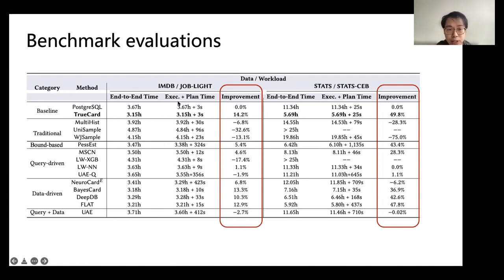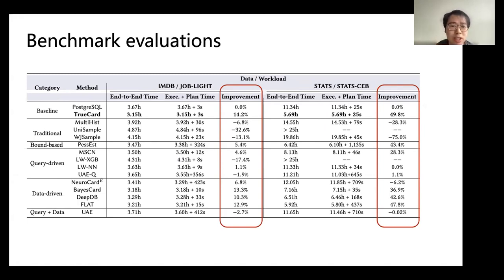Execution time is the pure execution time, and planning time is basically the latency caused by each of the cardinality estimation methods. We also provide the relative improvement over the Postgres baseline here. Also, the true card here means injecting the true cardinality into Postgres. This basically represents the optimal performance a cardinality estimator can ever achieve. It does not correspond to any of the real cardinality estimation